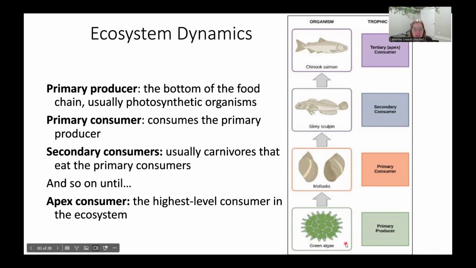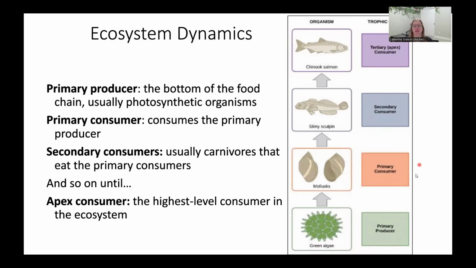Then whoever eats the primary producer, the thing that's doing photosynthesis, that's going to be the primary consumer. In this case, we have a few little mollusks. They are the primary consumer because they are the first to eat the plant. So it's the first eater. Then we have whoever eats the first eater, that's going to be the secondary consumer. Then we would have the tertiary consumer and so on, and it can continue in levels until you get to